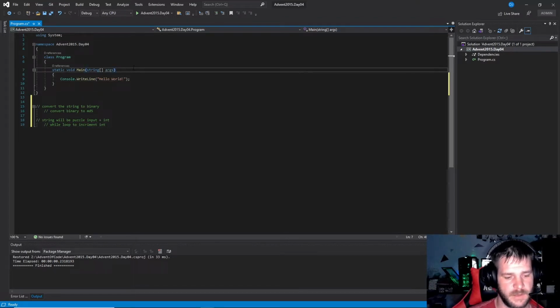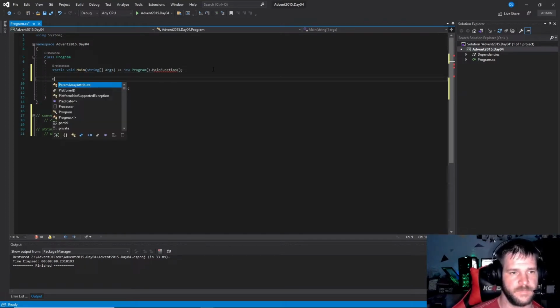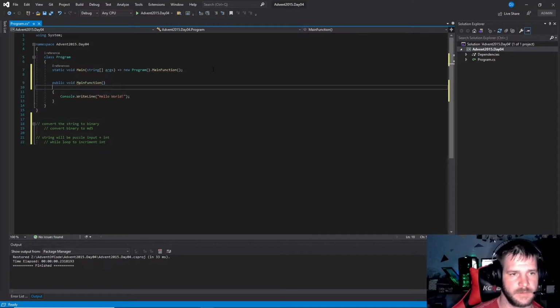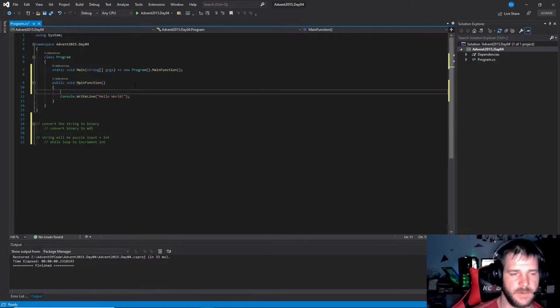So I'm going to put that here. Then public void main function. There we go. Okay. So what we're going to do is make a string test data equals,